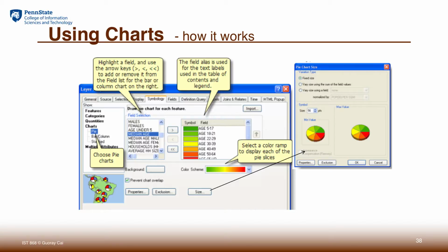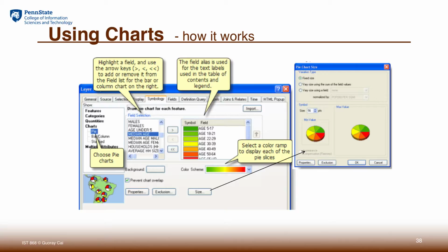For example, if you have a total population and then you have numbers for the subpopulation by age, then it makes sense to include all the subpopulations in that pie, and the whole pie represents the total population. You also need to select a color scheme so that all these components are distinguishable.